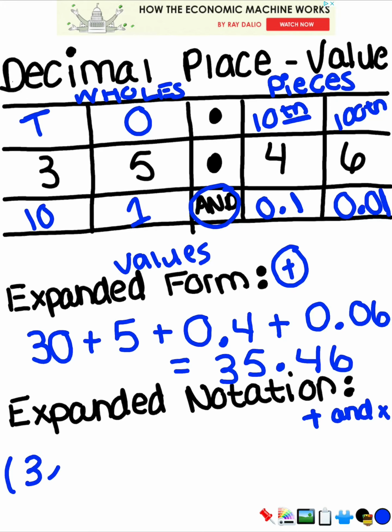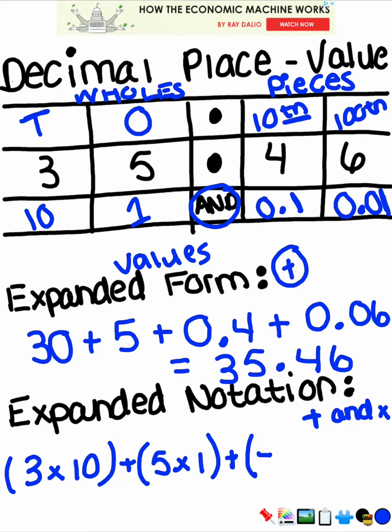What do we have in our tens? A 3 times the what place value place? The tens. Good. Plus, open parentheses, 5 times the what place? The ones. Good. Plus, moving on to our decimal places,